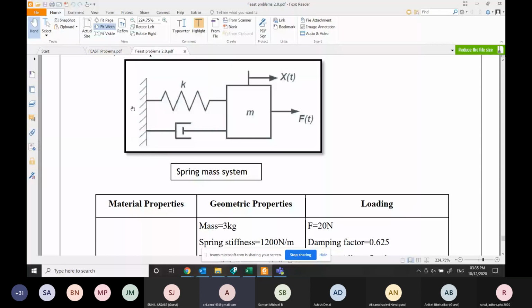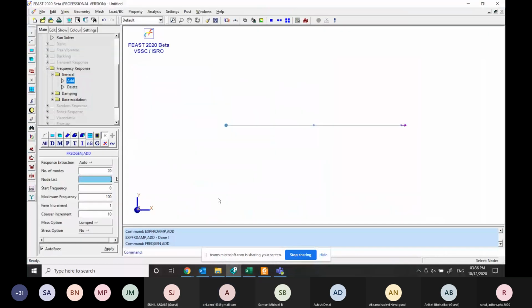So our interest is to calculate the displacement at node number 2 where the mass is attached. We are interested to find out U2, that is the displacement at mass M. So in the node list, I'll choose node number 2. You can see here node number 2 we have selected.